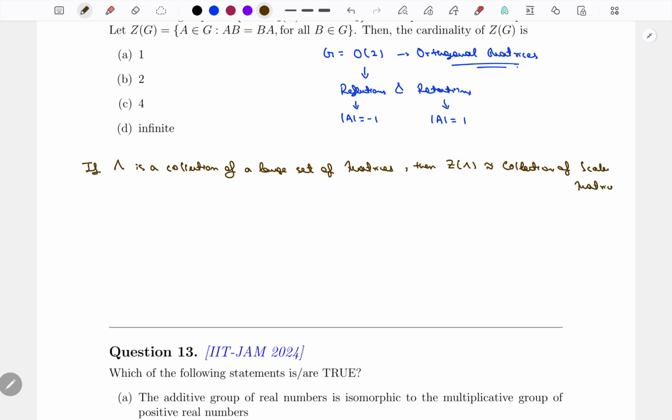Okay, so if you have a considerably large collection of matrices, because there are obviously a large number of possible orthogonal